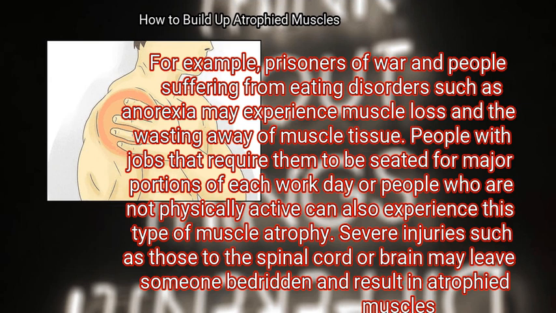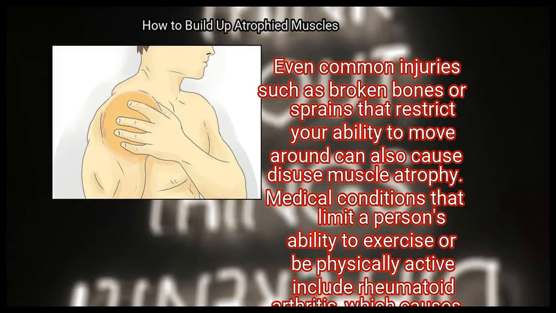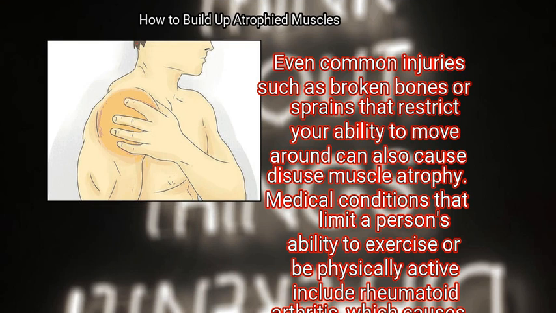Severe injuries such as those to the spinal cord or brain may leave someone bedridden and result in atrophied muscles. Even common injuries such as broken bones or sprains that restrict your ability to move around can also cause disuse muscle atrophy. Medical conditions that limit a person's ability to exercise or be physically active include rheumatoid arthritis, which causes